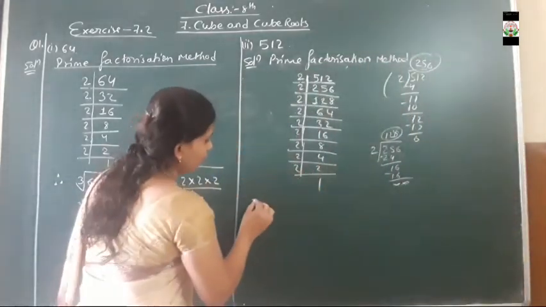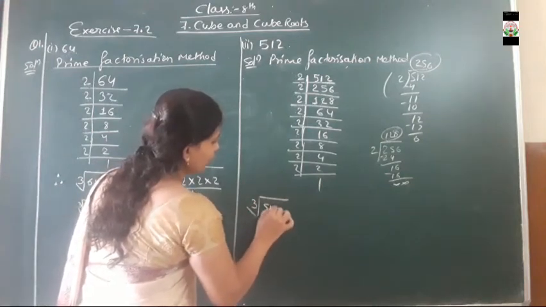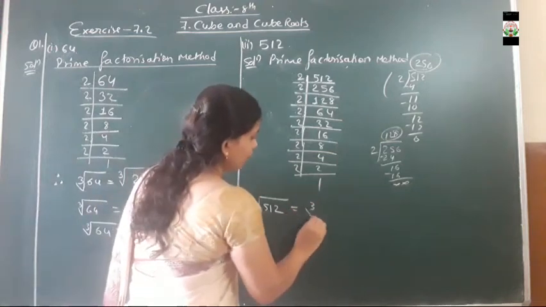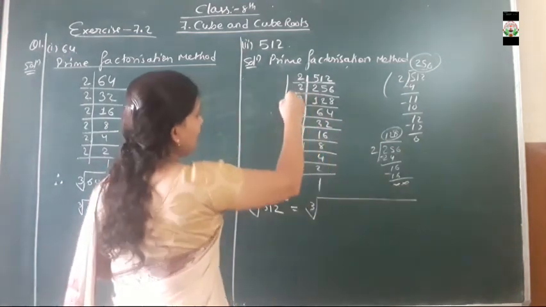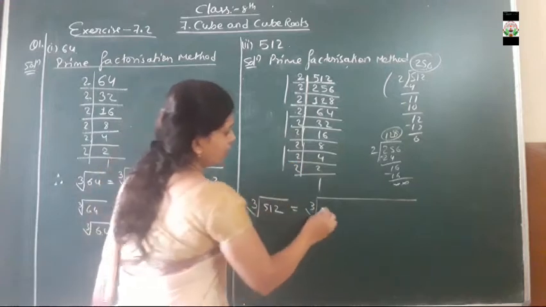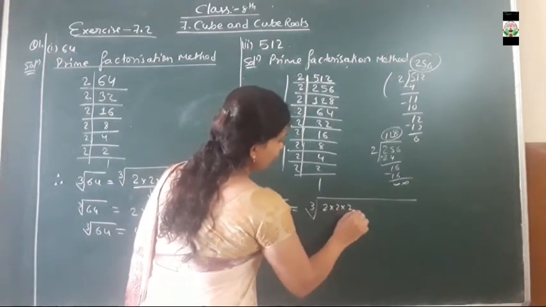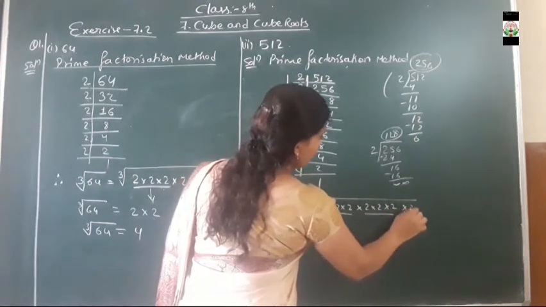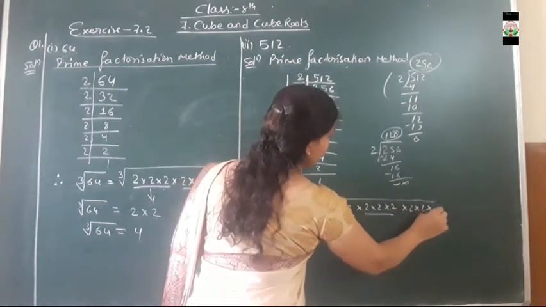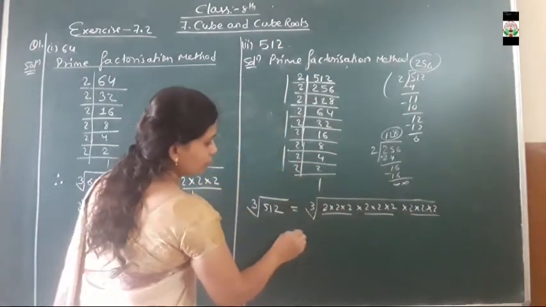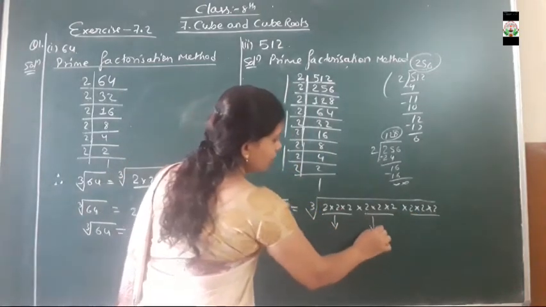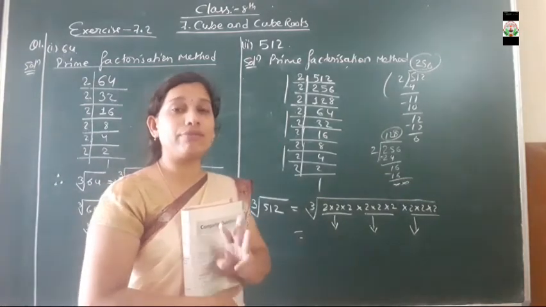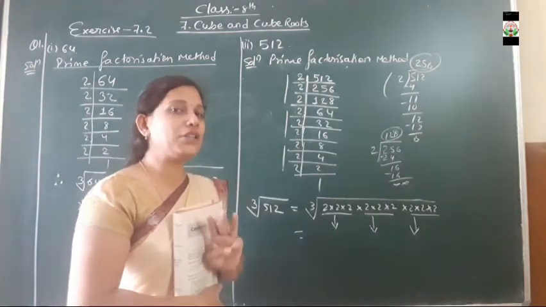Now we have found all the factors of the number. Now we have to find the cube root of 512. So in order to find the cube root of 512, all the factors, how many? 3, 3 and 3. So 2 into 2 into 2, 1 pair, 2 into 2 into 2, second pair, 2 into 2 into 2, third pair. So out of that, 1 of the 2's out of the pair in 3. Since we are finding the cube root, we have to find the pair of 3. Triplets should be there. Okay.